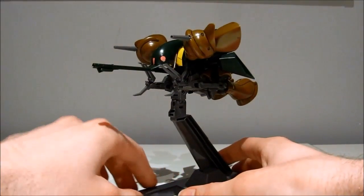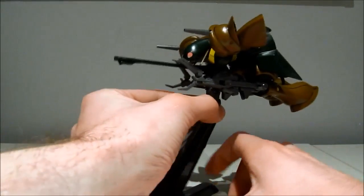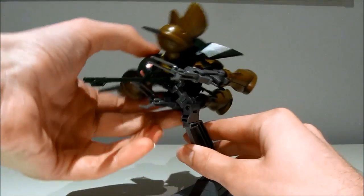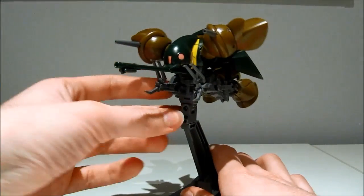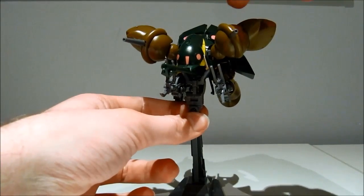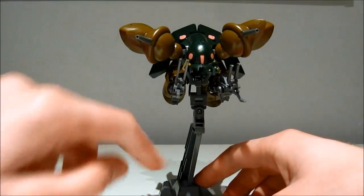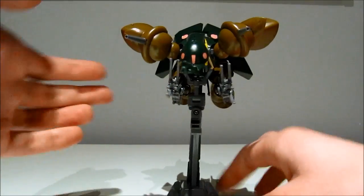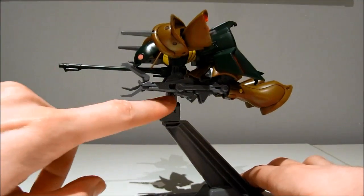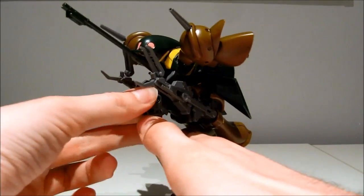And finally, for completion's sake, quickly a bit more about the action base. Of course, it can rotate around all the way on that peg joint. And now we've got two swivel joints, one for left and right, and then one right here for forwards and backwards. However, mine is extremely tight because it has to hold on to the Gabthley in its mobile armor mode. If you just want the Gabthley in normal mode, well, you don't have to make it as tight and you can still have it relatively loose. But as you can see, a lot of the weight of the Gabthley is to the back. So if you don't have this joint extremely tight, yeah, the Gabthley is going to cause this thing to be